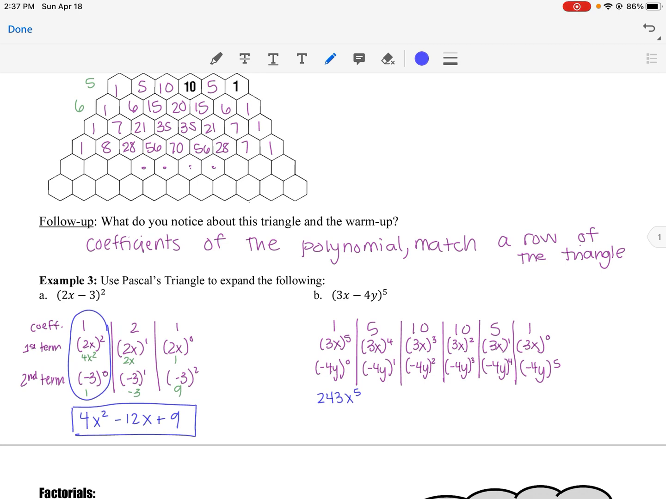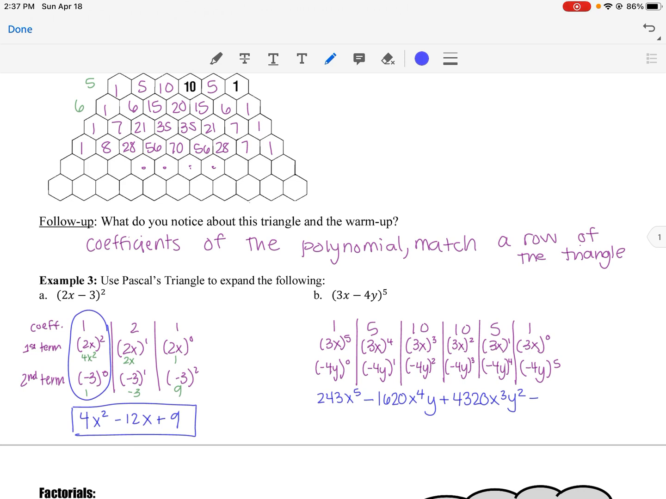So then 5 times 3 to the 4th, -4 to the 1st, so we should get a negative, and we get -620 when we put that in our calculator. We've got x to the 4th, y. So now we've got 10 times 3 to the 3rd times -4 squared, so we should get a positive again. And we end up with 4,320 x to the 3rd, y squared,